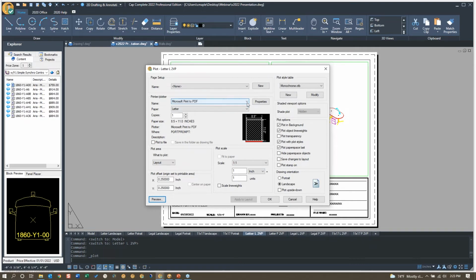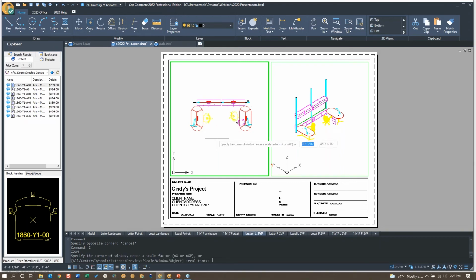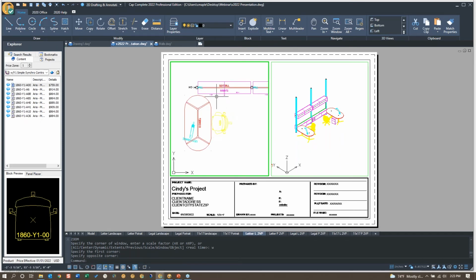So if you just want to print what you have on the drawing to a PDF, you can do that. What that allows a new user to do is all they have to worry about is going into the viewport and changing the view that they want to see. So if maybe I just want to see this part of my workstation, I can go in here and change the view in there. And then as easy as that, I can go to print